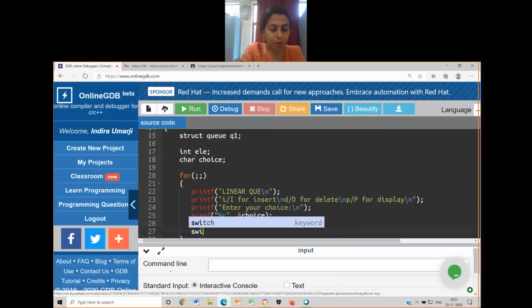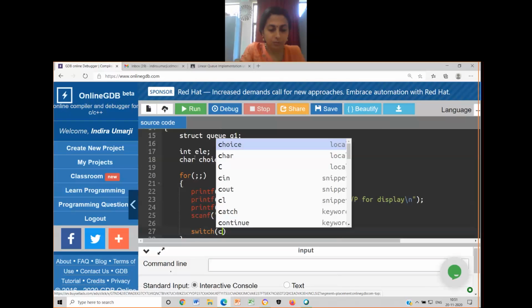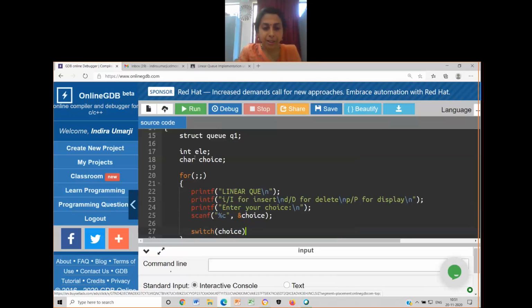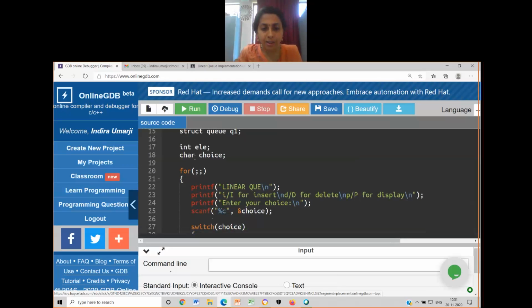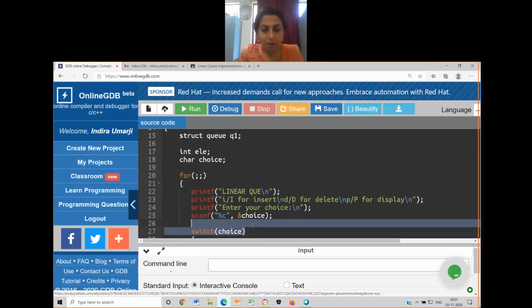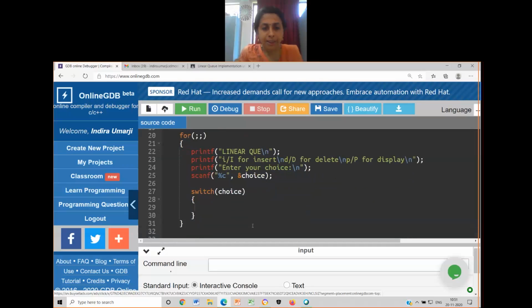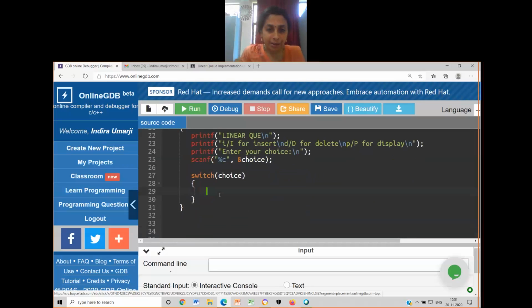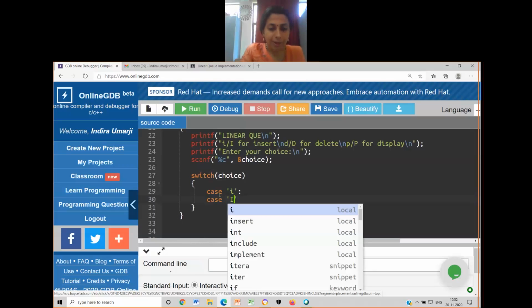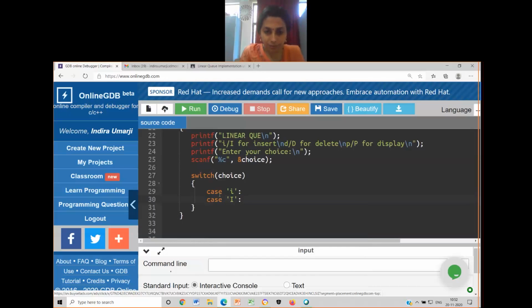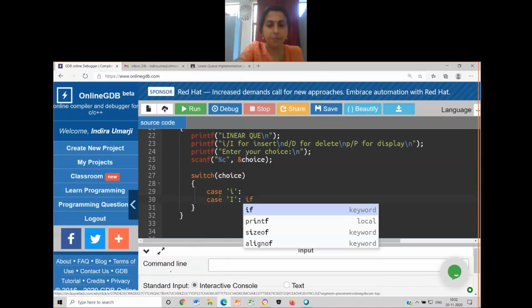Then pass that to switch. See, purposely I have done a different kind of choice writing. Please know about it. I have taken character choice here instead of integer choice. Case I colon. Look at the way I am writing. Case capital I colon. If